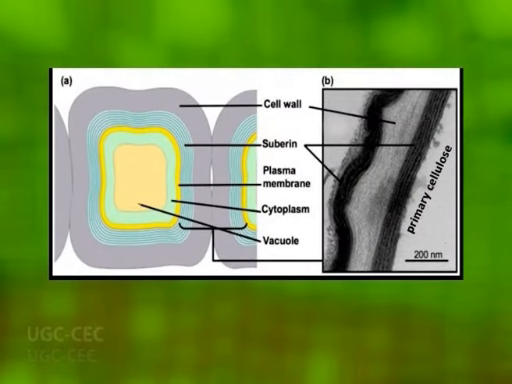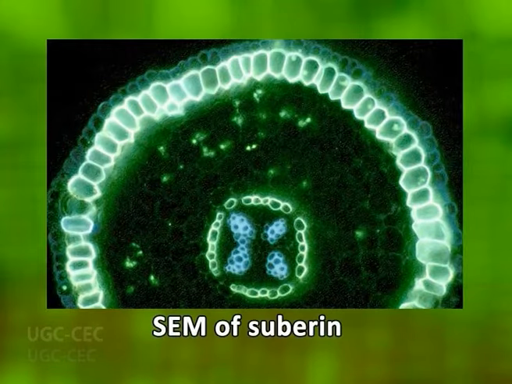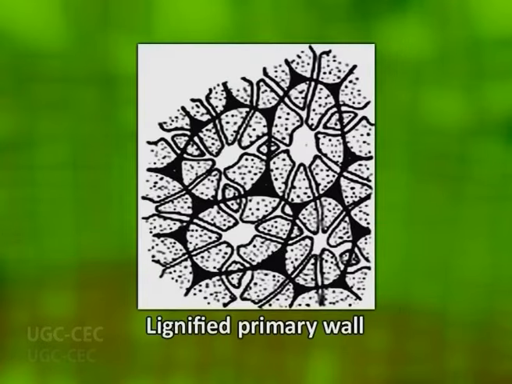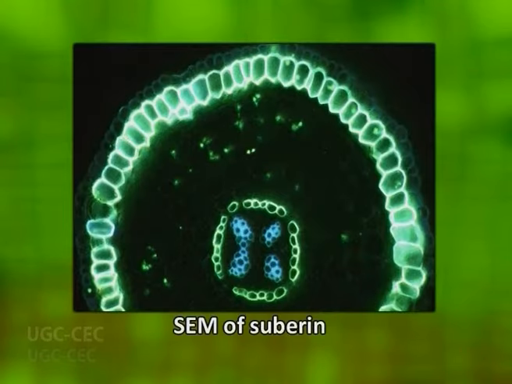Suberin occurs as a distinct lamella deposit over primary cellulose walls. Electron microscopic studies have revealed that the suberin lamella is layered. The thickness of the walls of cork cells varies. In thick-walled cells, a thin cellulose layer, which is sometimes lignified, is present on the inside of the suberin lamella. The cork cells are usually prismatic in shape and are arranged compactly in radial rows.